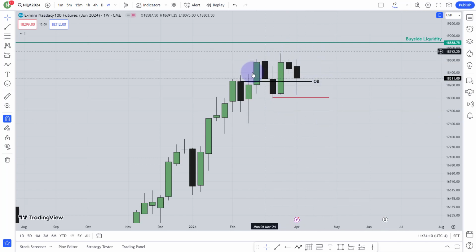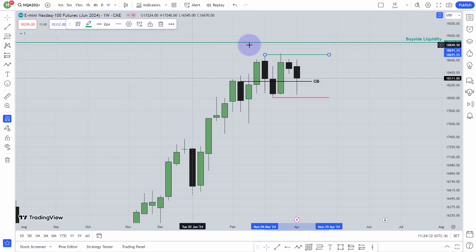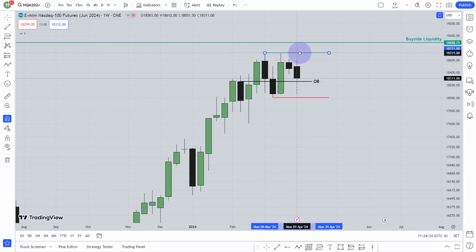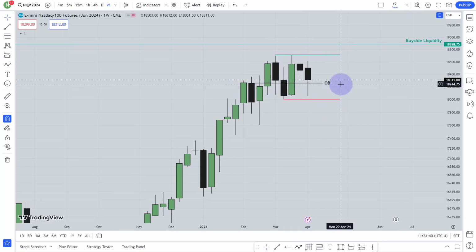Now this is kind of the same situation as the dollar index. We will decide where the market will go depending on the dollar index. If the dollar index is bullish, then I will expect that no, the market is actually going toward that sell side liquidity. If the dollar index is bearish, then I will expect the market is going higher and it is going to take that buy side liquidity. Okay, so over here I have this buy side liquidity, and I'm going to mark the shallow run as my highest liquidity. So yeah, that's my buy side liquidity, that's my sell side liquidity. I will decide depending on the dollar index.